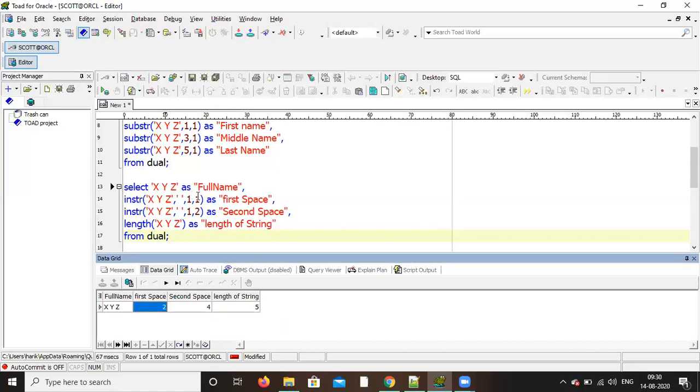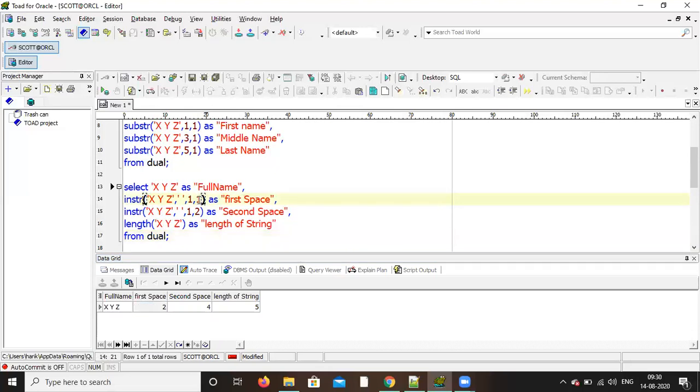After the closing bracket of in string, give -1. So it will come 2. Total is coming 2, then -1. That's it. Run it. No, the whole bracket won't be there. Remove that bracket. If you want to give the bracket, then before in string you give the opening bracket, because whole thing -1. Now run it. Now it is giving 1.